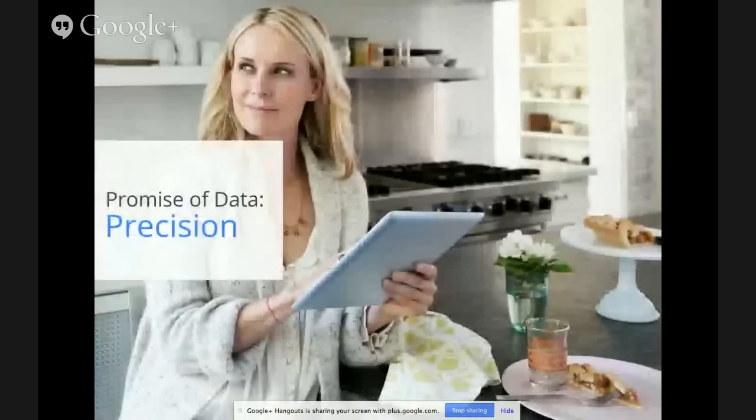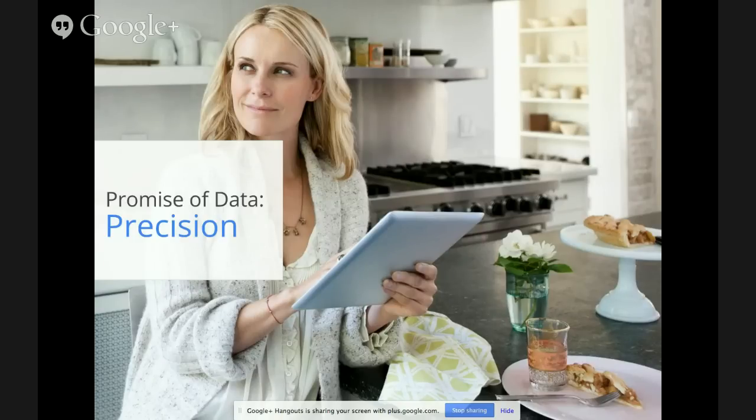Now we have the promise of precision. So what do I mean when we're talking about these signals? It means all these signals that help marketers understand who I am and what I want to buy. And the real breakthrough with all this information collected across the web is the ability to bake precision into your digital marketing. Precision is about going from just broadly identifying and targeting a specific demographic to knowing their preferences, their previous interactions with your business, and their current state of mind and where they are on the purchase funnel at that moment. Sophisticated technology allows precision to get better over time.